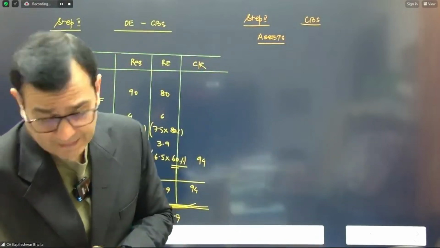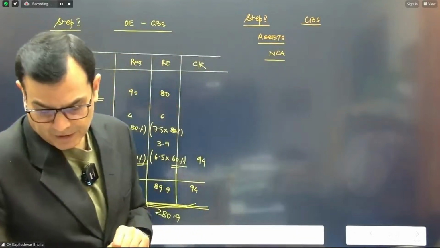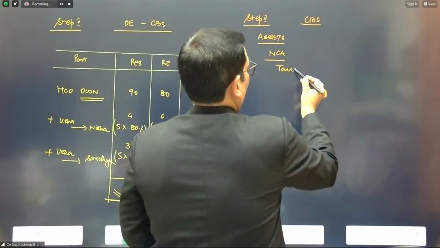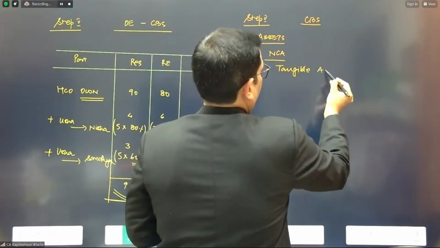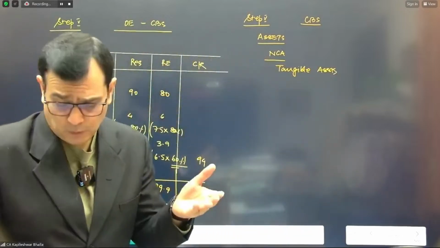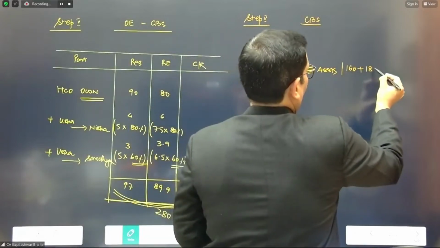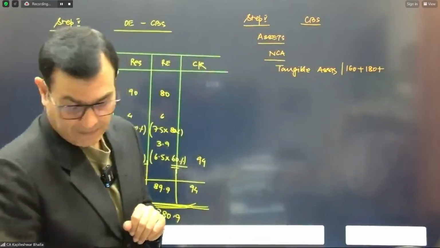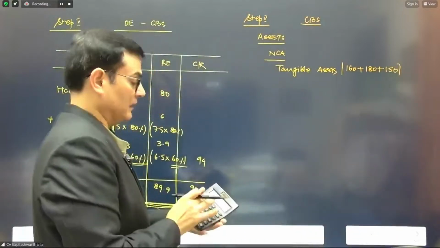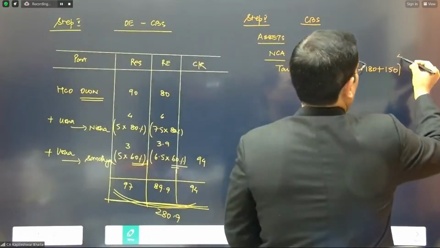Okay, so on the asset side, we are given first of all the non-current assets. And in terms of the non-current assets, we have got tangible assets, and that would basically be PPE. So no fair values are given, so we take the book value. So let's add up 160 plus 180 plus 150, all three companies put together. So this gives me the figure of tangible assets: 160, 180, and 150, that is 490.